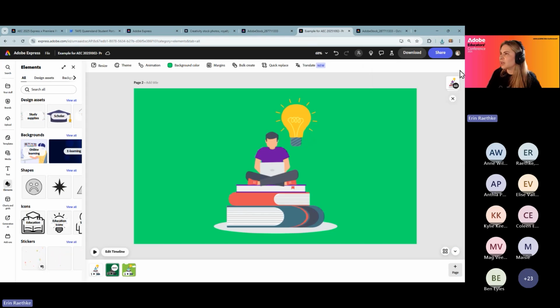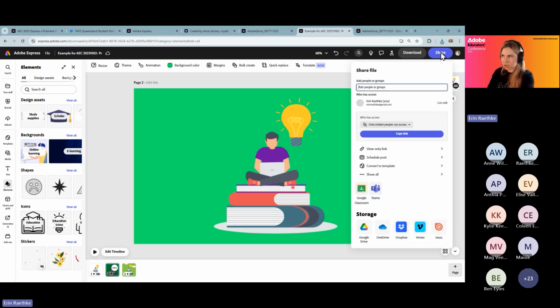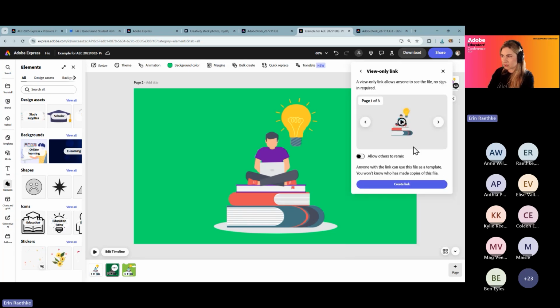So what I'm going to do now is show you, if you want to drop the link into the chat, you go share, you go view only link, and you tick the box that says allow others to remix. If you are using a school account and you are in a school where you cannot create a public facing link, and it will not let you allow others to remix outside your organization because it keeps everything inside your organization, K through 12,